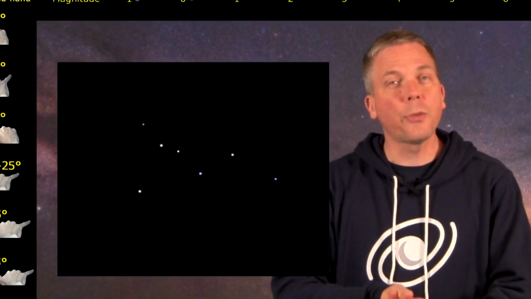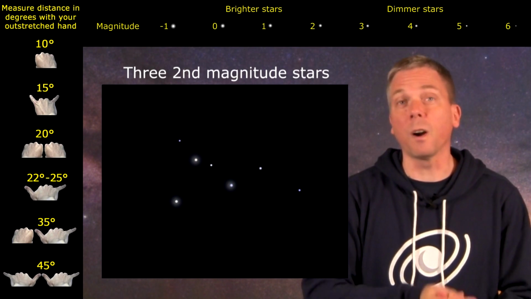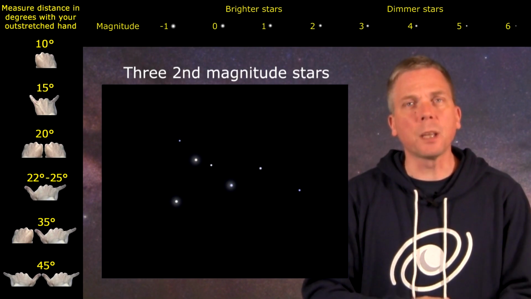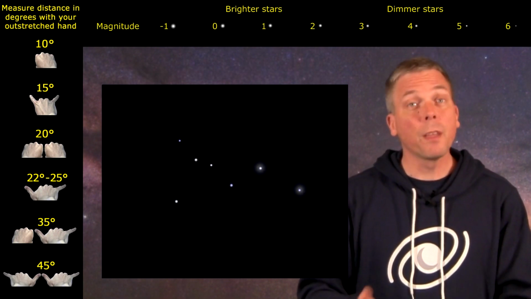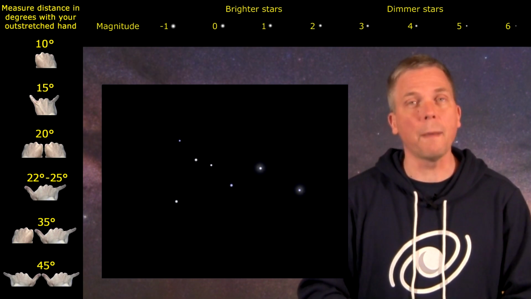Let's get familiar with the shape first. Cassiopeia the Queen has 5 major stars that form a shape that looks like a wide W or a flattened M, depending on where it's located in the sky. If we imagine the shape in the M configuration when it's overhead, it looks like this. The 3 stars on this side of the shape are of second magnitude, making them some of the brighter stars in the sky, but the 2 on this side are dimmer, the final one being a rather low third magnitude.